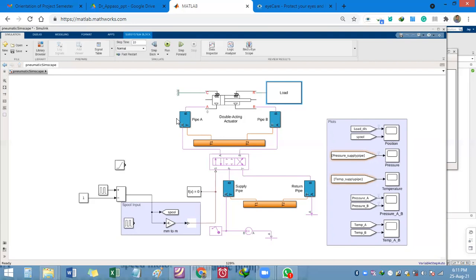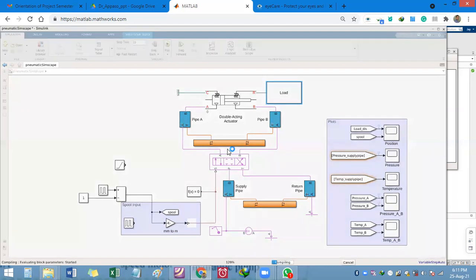To run it, in the simulation tab, there are several tabs now: simulation, debug, modeling, format, apps, and subsystem log. So go to simulation, and in this simulation tab you will find an option that is run. Just click on this run, and you will find that your model is now compiling. After compilation it will run.